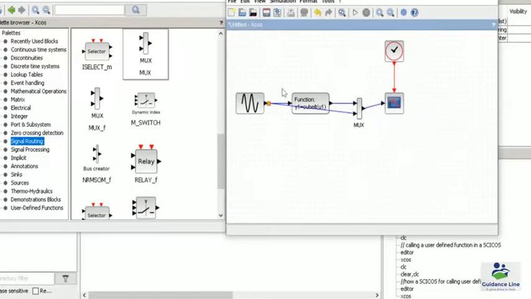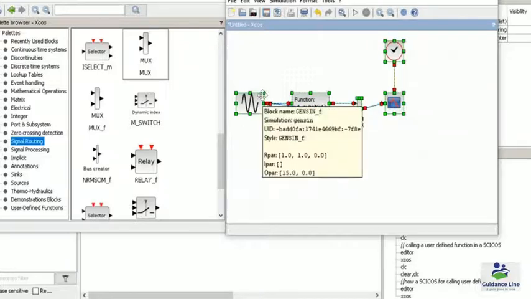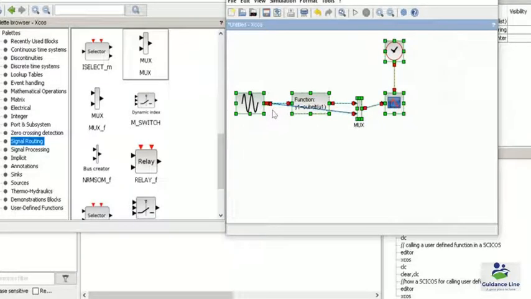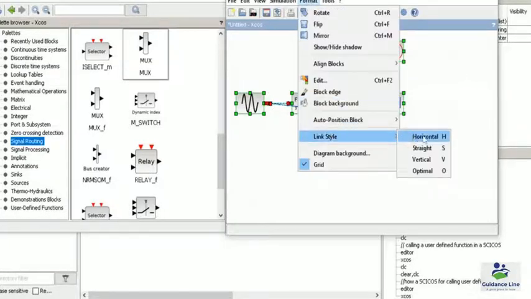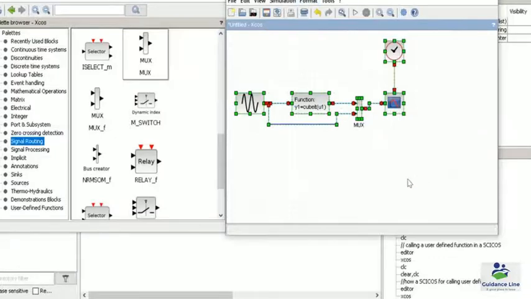Okay, so right now this particular block diagram is looking very nasty, and I want to optimize all the links. So I simply press Ctrl+A to select all the connections and all the blocks and all the links present over here in this editor. Then clicking on format and link style, I select the optimal, so that all the links are now looking much clearer and quite observable. So this way I can simply make a modification.